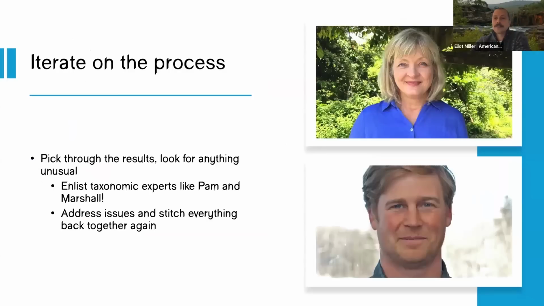All right, after we step through all these tree addition and synthesis steps, and we map that result back to the Clements taxonomy, we have an actual thing that we can test and study. So that's exactly what we do. I create summary stats looking at what families and genera aren't monophyletic, and we start looking into those. I create some plots so we can just stare at this stuff and try to diagnose issues. And I get them in front of experts like Pam Rasmussen and Marshall Iliff from the Cornell Lab.